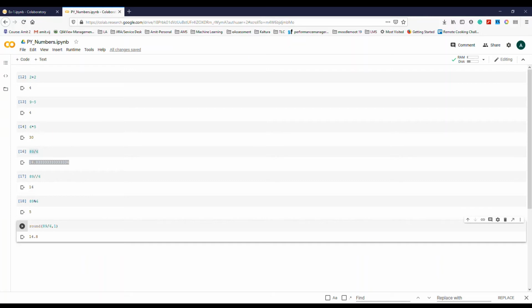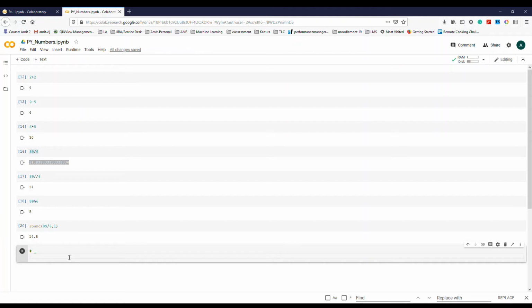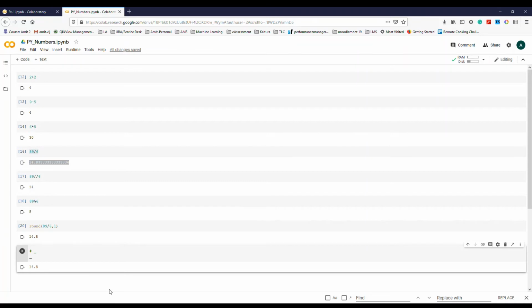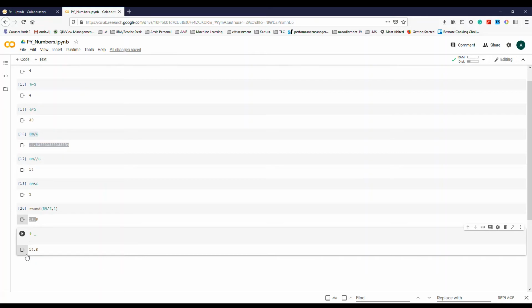Moving forward, we'll be using variables in that. Before using the variables, let's do one thing. For example, we will use this variable called underscore. Underscore is an undefined value, or the last calculated value that's stored in the underscore variable. For example, if I just want to see what was the last value, I will say just the underscore and play. It will give me the last value of the calculation.